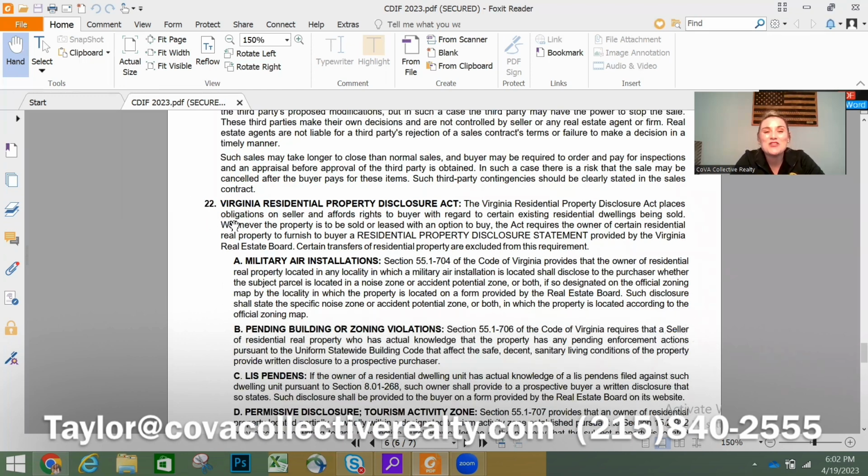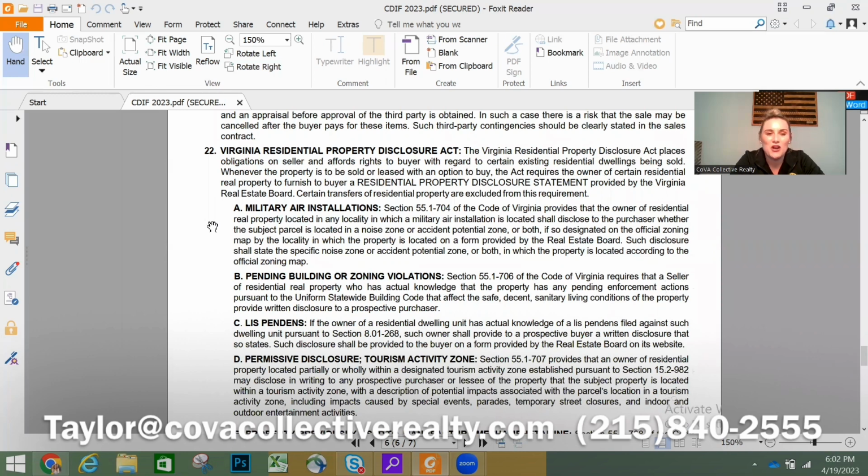22, Virginia Residential Property Disclosure Act. So out of everything that I just mentioned, that is a part of our due diligence. So what we want to be looking out for while we are out shopping, and things that I am going to be looking into on your behalf. So that's why it is so important to work with an agent who understands the ins and outs of this form and knows exactly what the seller does have to disclose, so that